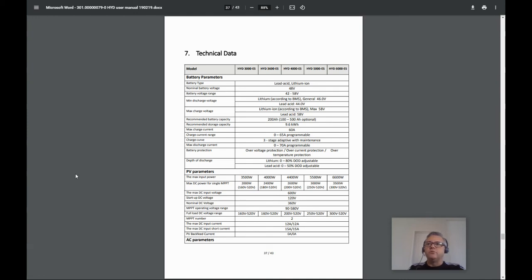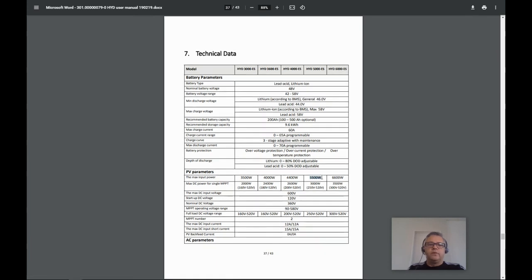The 5,000 model would be too small. We wouldn't be able to reach our generation target. It has a maximum solar input power rating of 5,500 watts. We would have to use the 6,000 model. Note that you can have a larger amount of solar generation capacity. In this case,